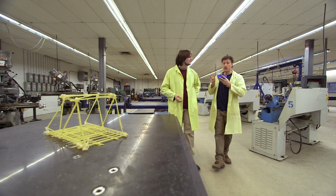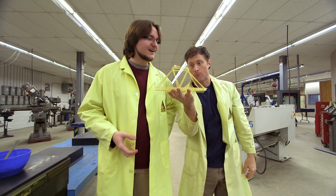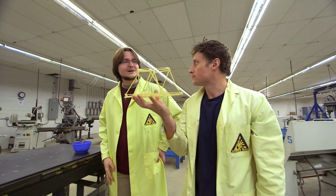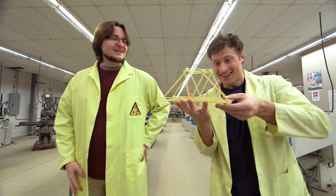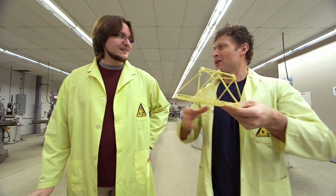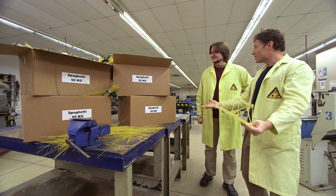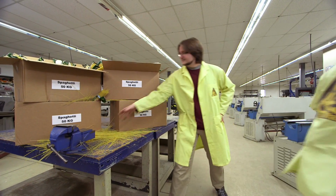Bridges, that's fantastic, because that's what I need your help with. I want to max out the pasta bridge. Awesome. I want to make one big enough that I can walk across it. Okay, that's never been done before. I know, right? You think we can do it? We're gonna need a lot of help to do that. We don't need help. All we need is a lot of pasta, which I have. Ha-ha! Nice. What do you say? Yeah, let's give it a shot. Okay, we'll give it a shot. Why don't we just take some to start, and then...